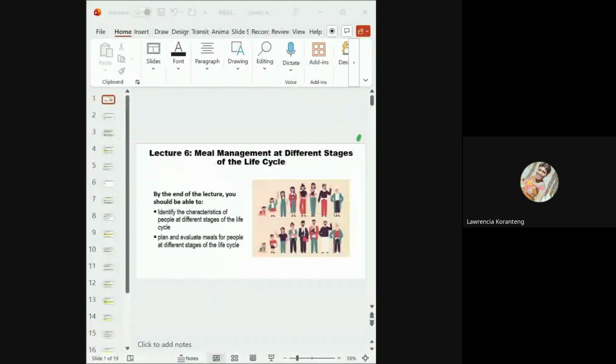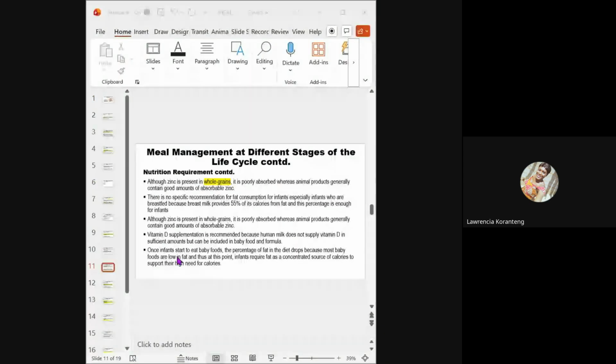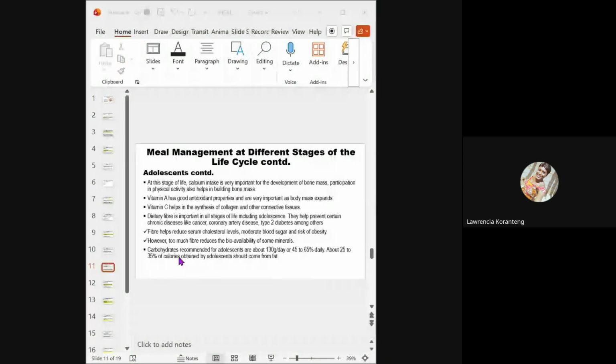So here, maybe in the exams, you'll be asked to plan a meal for any of these groups. I don't know which one might come, but from what we have learned and the nutrient requirements for each of them at any stage, I believe that whenever you are asked to plan a day's meal for any of them,